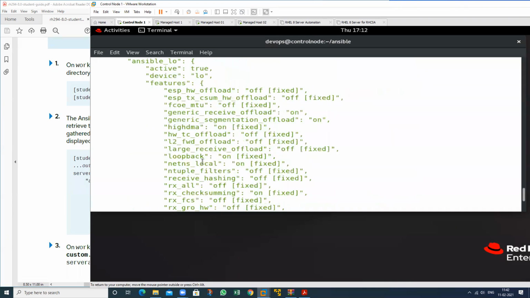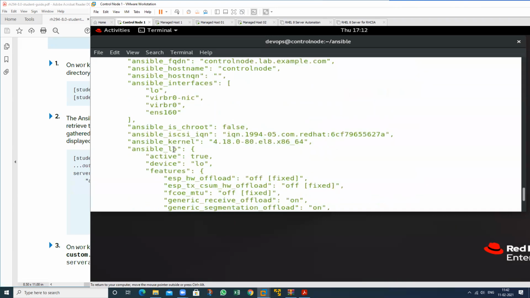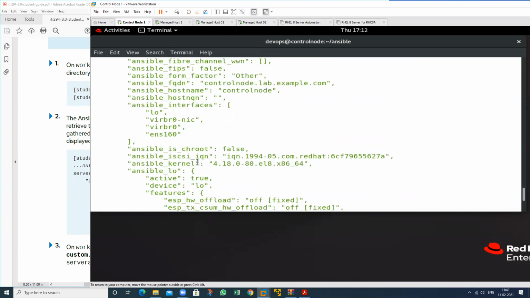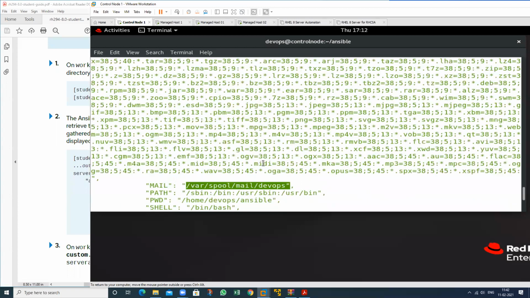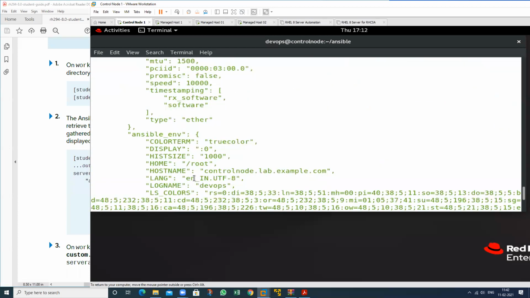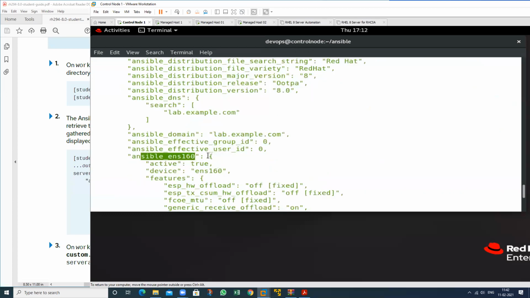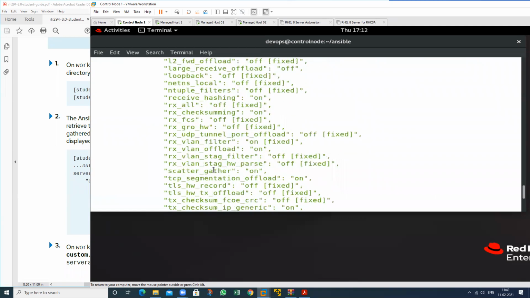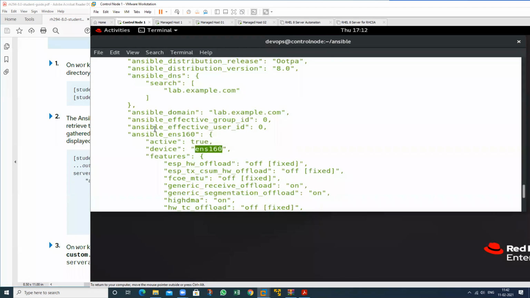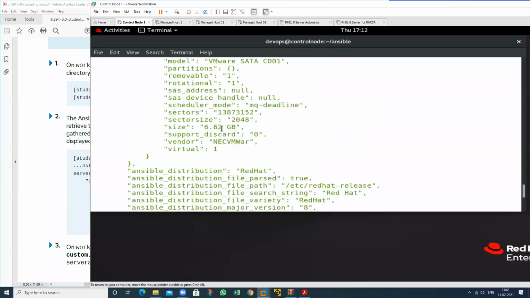See, other information also, mailing information also. Ansible. This is my LAN card name. The LAN card name is ENS160. See, what is the distribution?